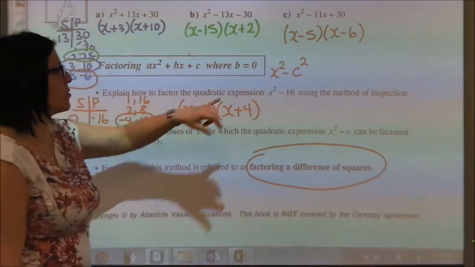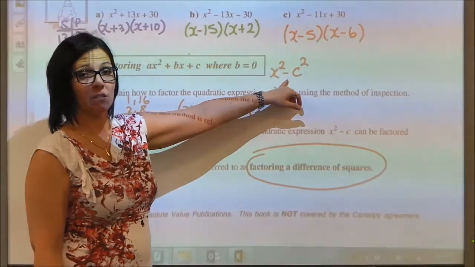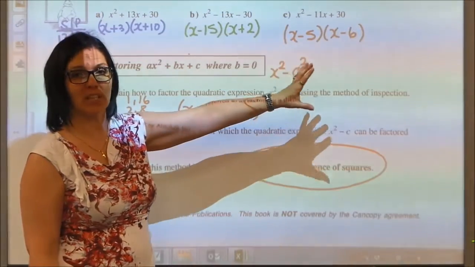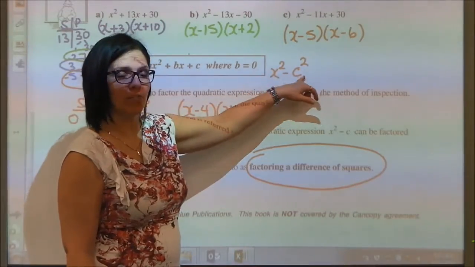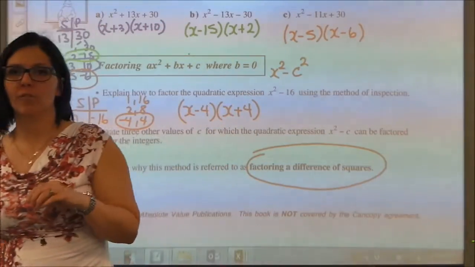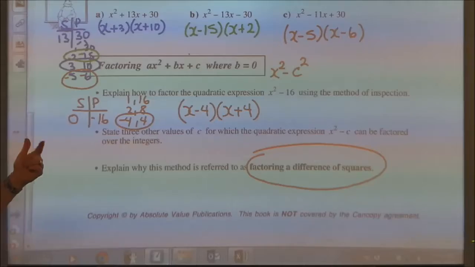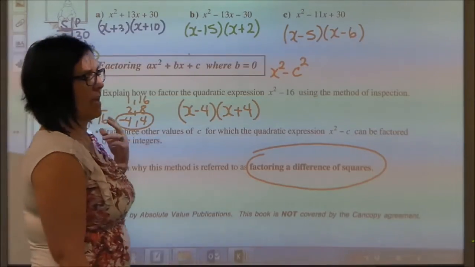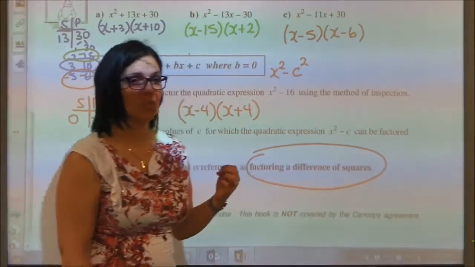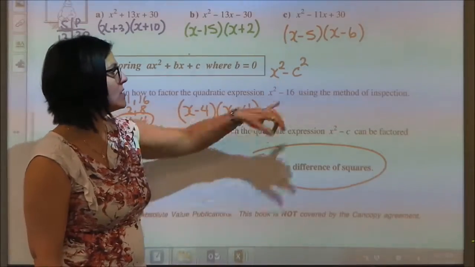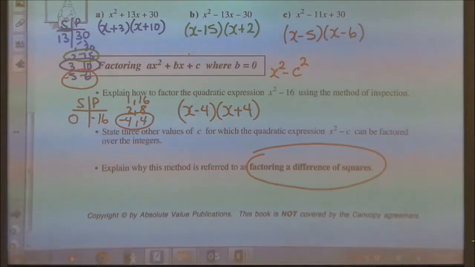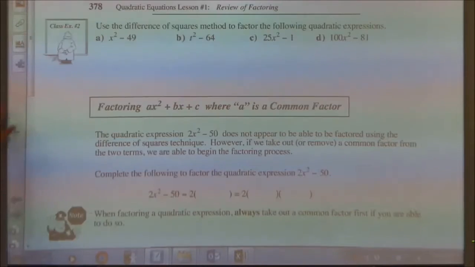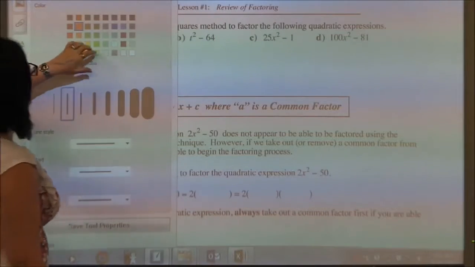So in a difference of squares, first of all, it has to be a difference. It does not work if it's x plus or x squared plus something. The two terms have to be perfect squares. So x squared, x to the power of 4, x to the power of 6, those are perfect square variables, and then perfect square numbers, things like 4 and 9 and 16. So if we look at the examples on the next page,